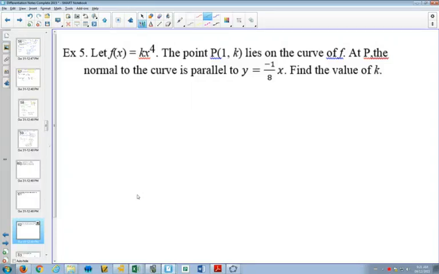So we got our function. We've got a point on that function. So we've got some sort of big x to the 4 graph. And we got our point 1 comma k. At that point P,